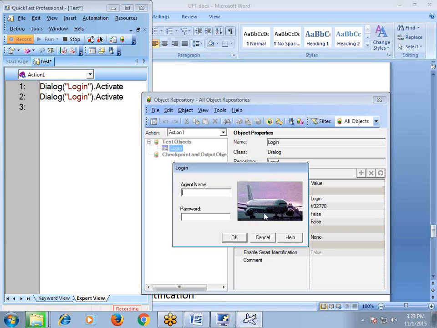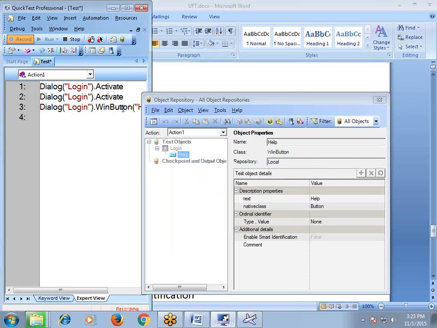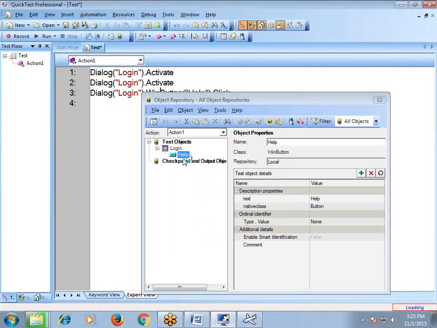Now suppose I'm clicking on the help button. I clicked help. See, immediately the help button is added here and that statement is recorded. Is it right? So we have seen very clearly that at the time of recording,